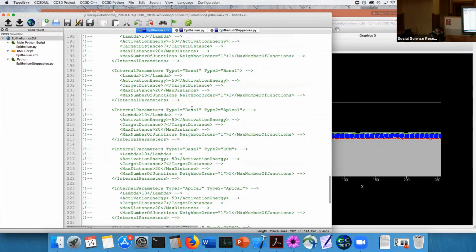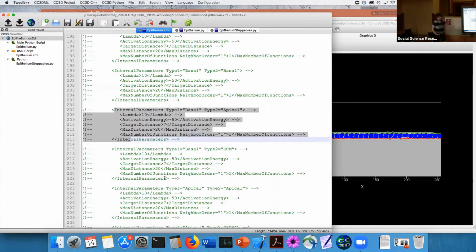between basal and core and apical, core and basal. But you may also want to make a link between the apical and the basal. It's just that in this case you make